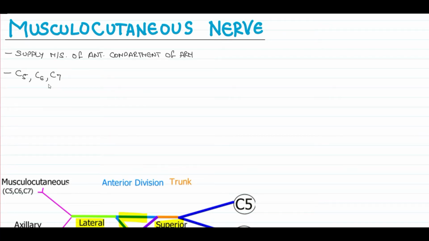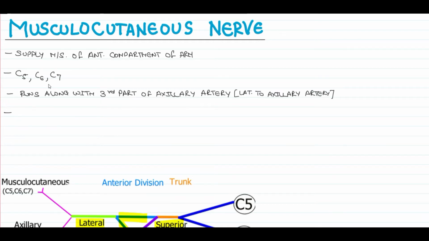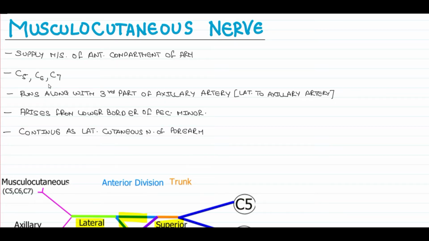Next, the other salient features regarding musculocutaneous nerve are that it runs along with the third part of the axillary artery, and it is present lateral to the axillary artery. Next, it arises from the lower border of pectoralis minor. The next salient feature is that it continues in the forearm as the lateral cutaneous nerve of forearm. Since the musculocutaneous nerve terminates at the elbow joint, next we will look at the path or the course